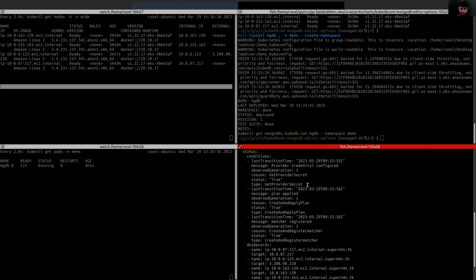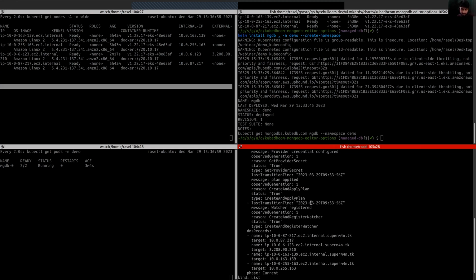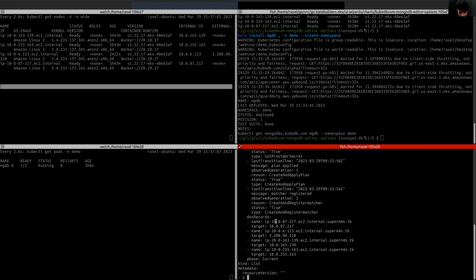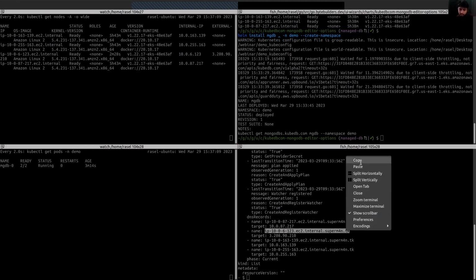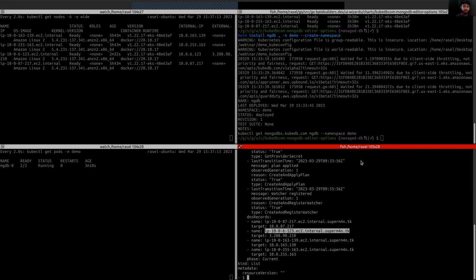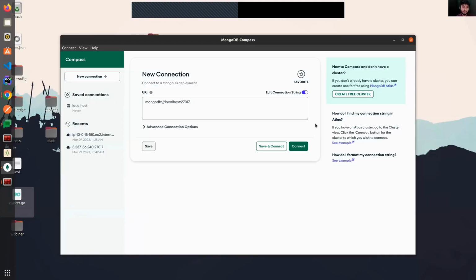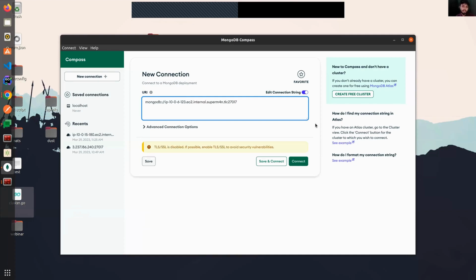We have the IP address of our new node. Okay, this is the URL of our database. So if we give the URL to our MongoDB Compass and try to connect it,